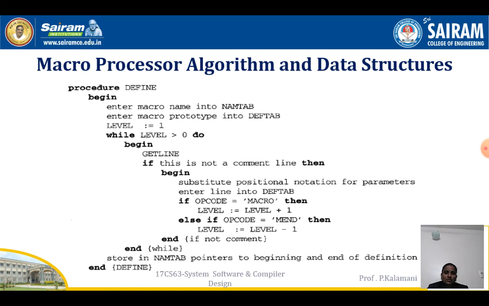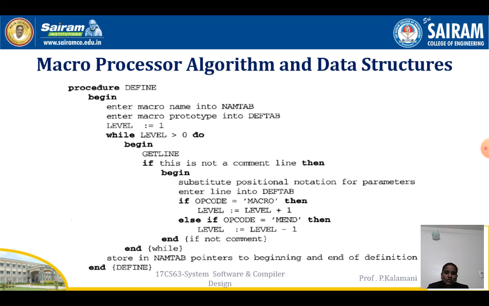In the macro processor you should know what is meant by macro processor, how it works, the definition of macro processor, and then the arguments and parameters, and how the macro invocation happens. Here we have discussed 3 data structures: def table, argument table, and the name table. And you should know the 2 pass macro processor, with the pass 1 algorithm and pass 2. During pass 1 the macros are defined, and during pass 2 the invocation happens.